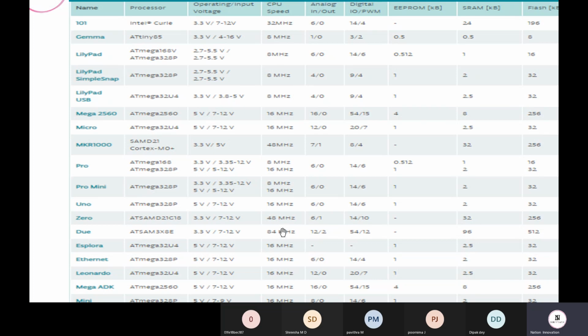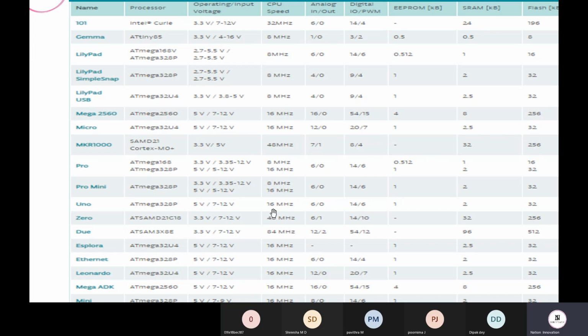Another important thing is the clock speed, which is in megahertz. It can be 8, 16, 32, 48, 84. It depends on how much we require for our project, how fast communication or computation we need, and then we can choose the required board on that basis.